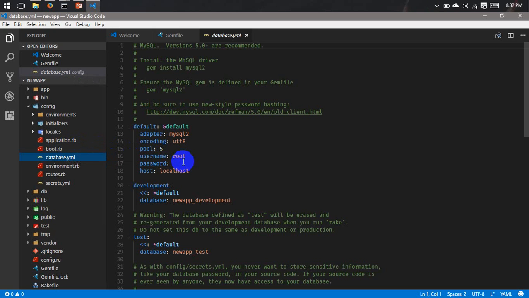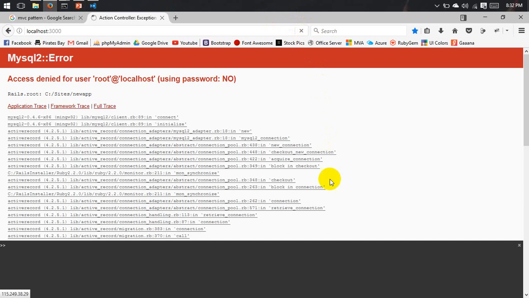So here you can see the default adapter is nothing but the database which I'm going to use, MySQL, so it says mysql2, and then it says pool, which is the number of connections at a time it can have, and then it says username root, and the password for my database is pwd. Okay, so I have given the pwd password. Now if I go and reload the page,